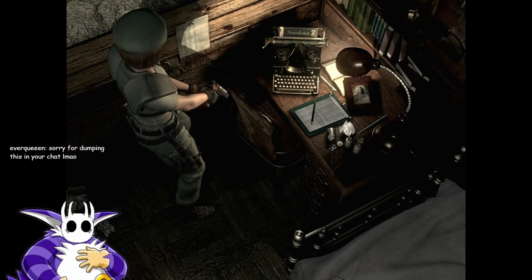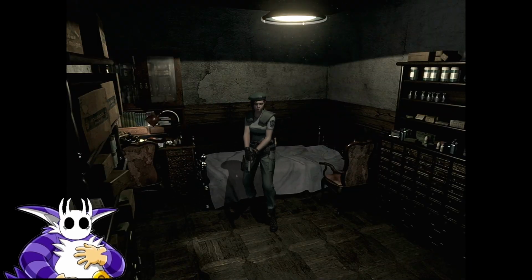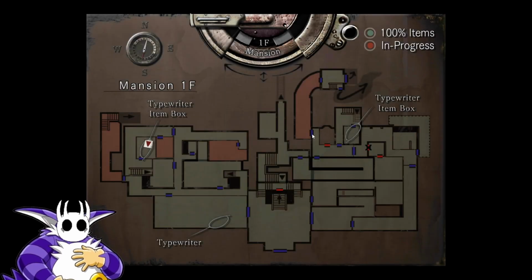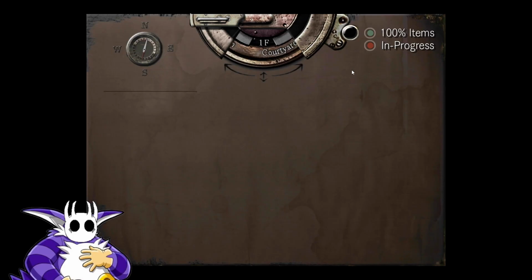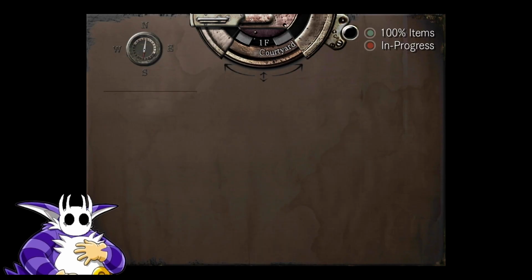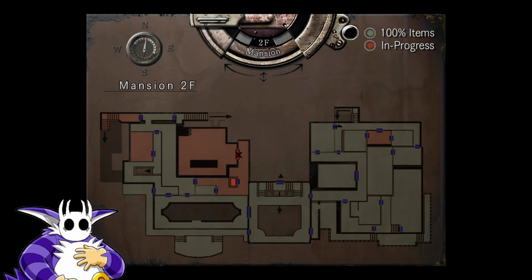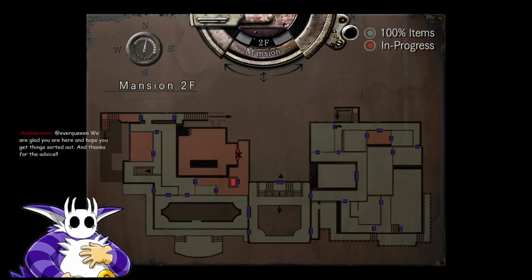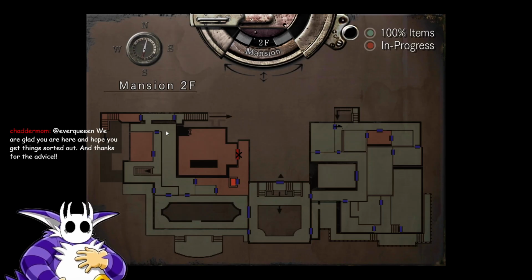All right, I think we will be calling it a stream for now. Upon next stream, we're gonna head out back this way to the courtyard and see where this elevator will take us. Beyond that, is there anything else to do in the mansion? Not really. I think we've kind of done everything in the mansion. There's like a few items left scattered around that I didn't pick up, but